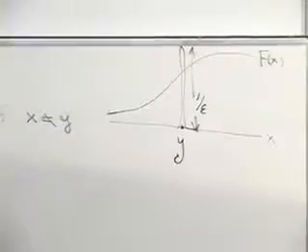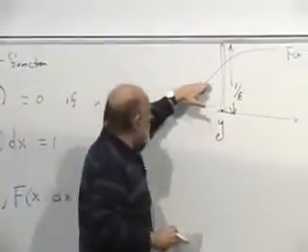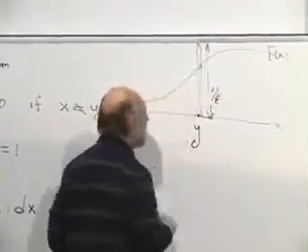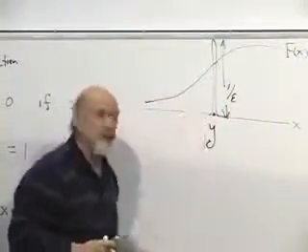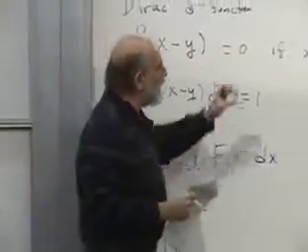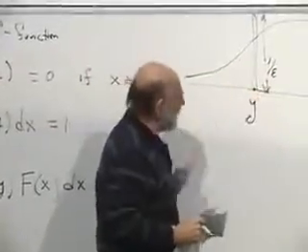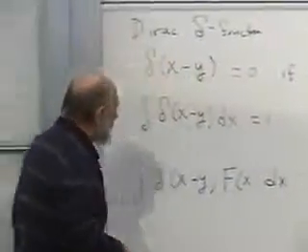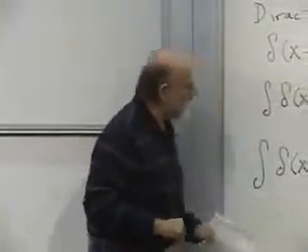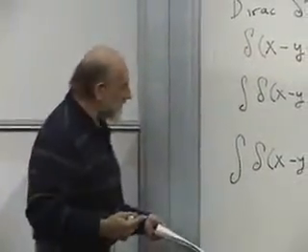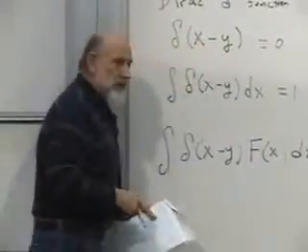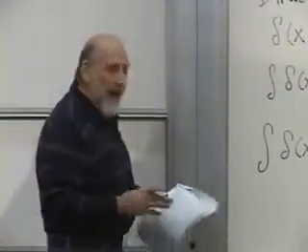Now, assume that the function in this narrow interval is continuous, and so it doesn't vary very much. In fact, it varies negligibly over the tiny range epsilon. And as epsilon goes to 0, the function will vary less and less over the range epsilon. And so if that's the case, we might as well just evaluate f of x at the point y. We won't be making a mistake in the integral, because the integral is only sensitive to f at the point